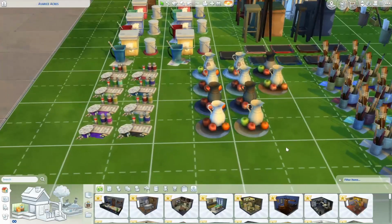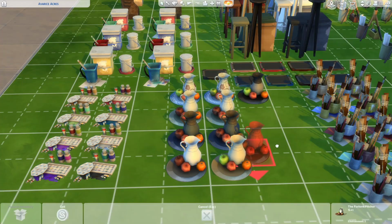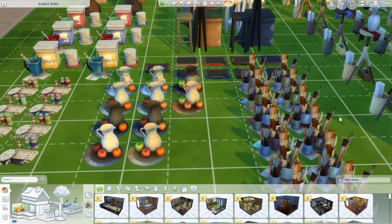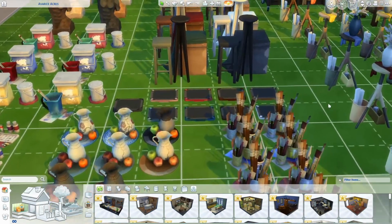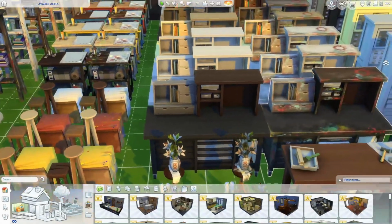Like the lily, this vase set here also comes with different swatches. So there is a clean one, and then one that has rotten apples and a cracked vase. We have a can of brushes, which comes in several swatches as well. And then over here we have